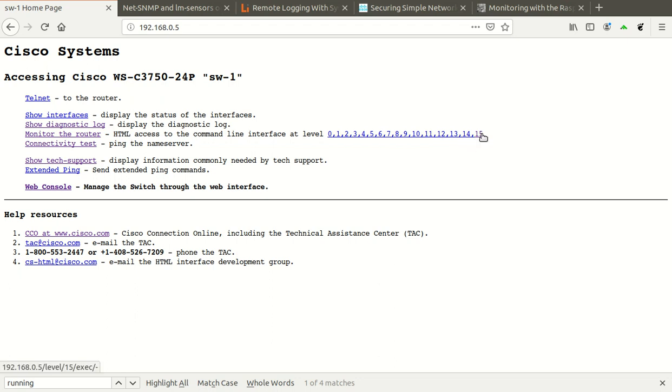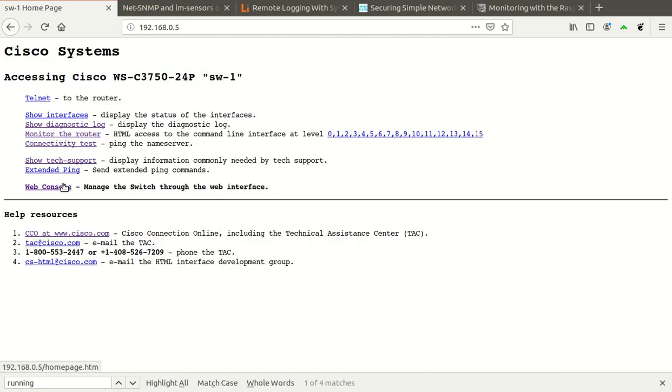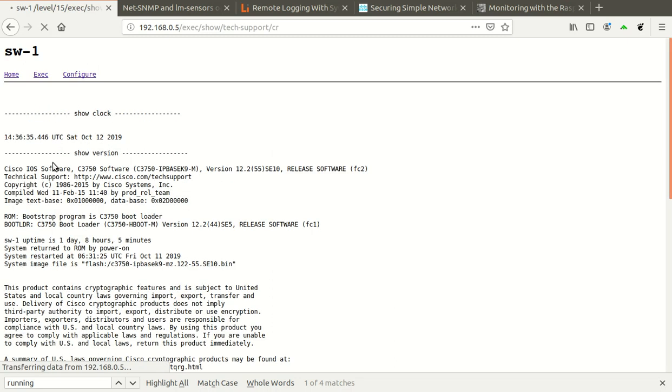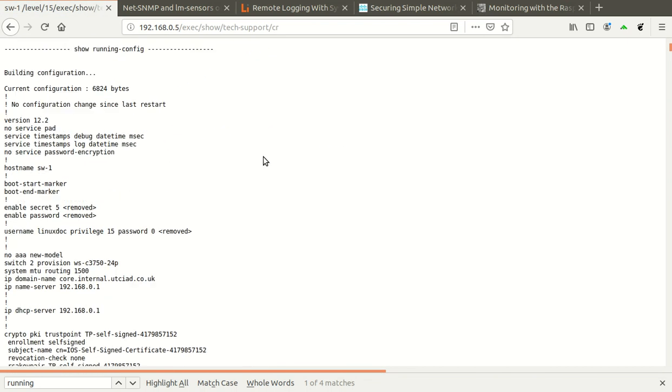It has got access lists and things on it, but even so, very basic. Just basic authentication will get you to this page if you haven't got any access lists defined. On here you can show tech support, to display information commonly needed by tech support, and if you look at this, you'll find that there's quite a bit of stuff in here, including,